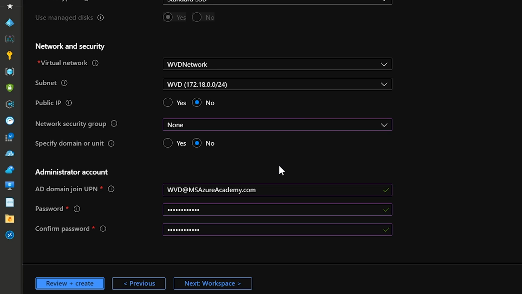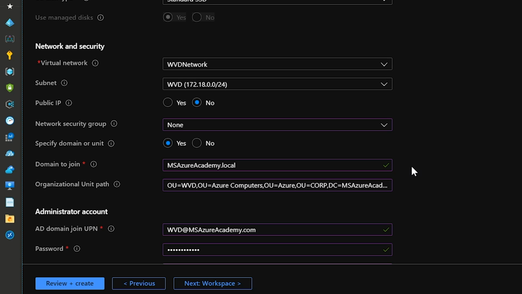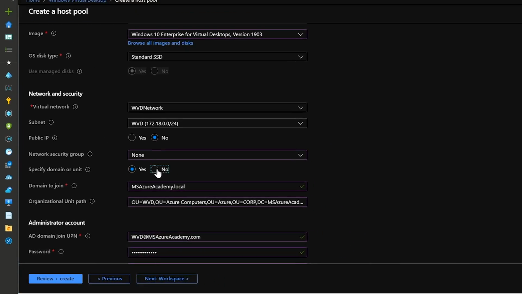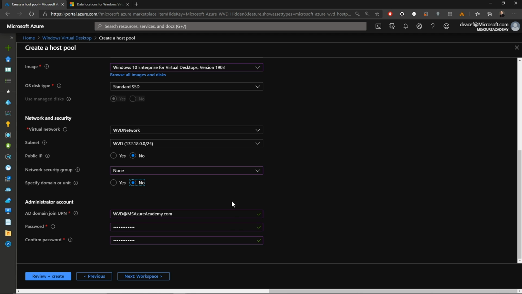However, if yours are different, for example, your UPN is @msazureacademy.com, but your actual domain name is msazureacademy.local, then you can specify that here. You can also specify the direct path to an OU in your Active Directory if you don't want your VMs to join in the computer's container. I'm going to set these settings to no because I don't need either of those, and I'll hit next.